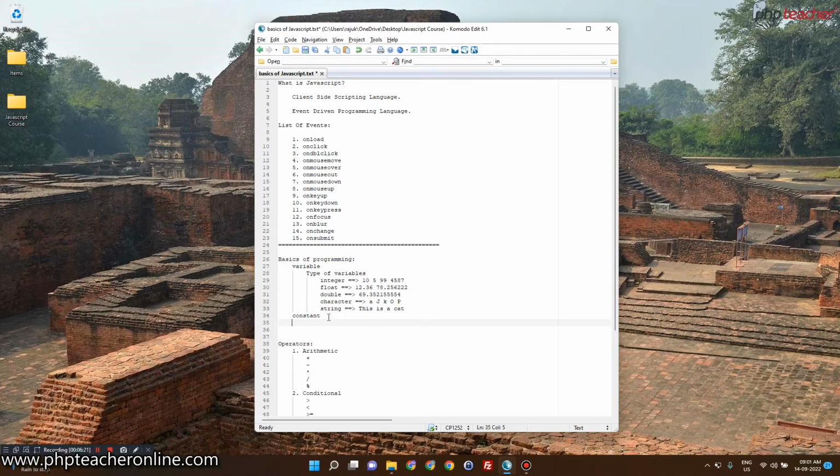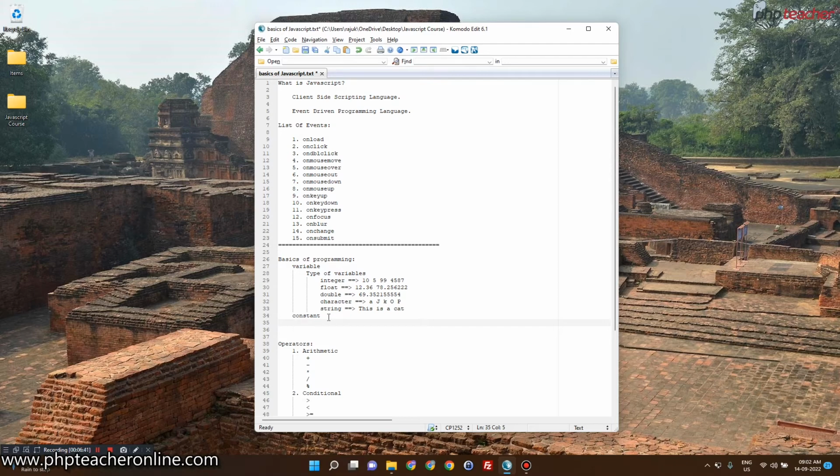So a variable container can store multiple kinds of things at different times. You are storing this right now and you are removing that and storing some other thing at another time. But in constant, whatever you are going to store inside it, it will remain the same